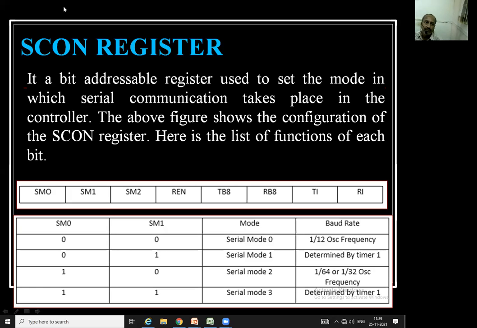So in that, one register is SCON, serial control. So this is the register that is very useful for this serial communication. So it is a bit addressable register. Bit addressable म्हणजे काय, तर बिट बाय बिट तुम्ही इन्स्ट्रक्शन देऊ शकता. कंपल्सरी असं नाही की हा सगळा जो 8 बिट तुम्हाला दिसतोय तो डेटा आपल्याला पास करावा लागतो. That is not compulsory. Bit by bit also we can make it.